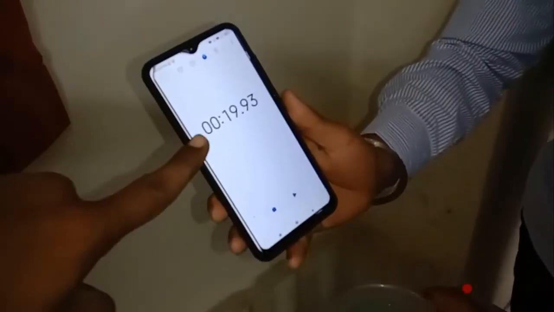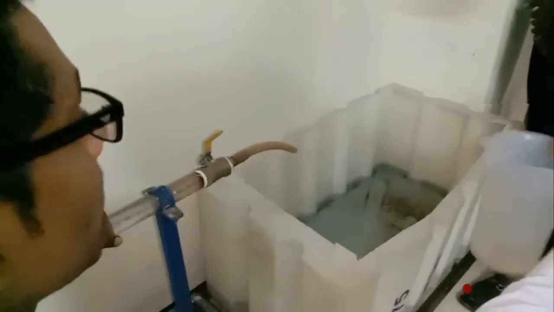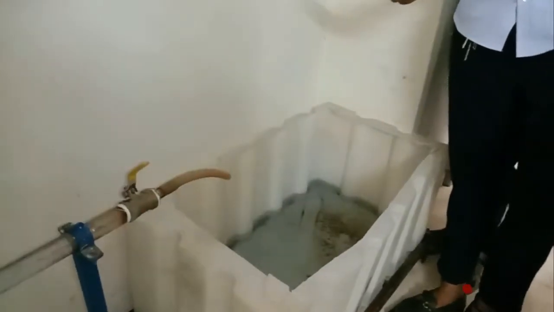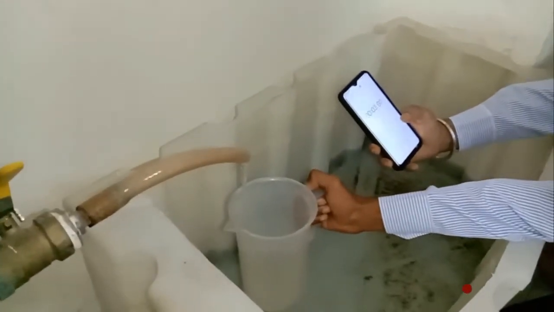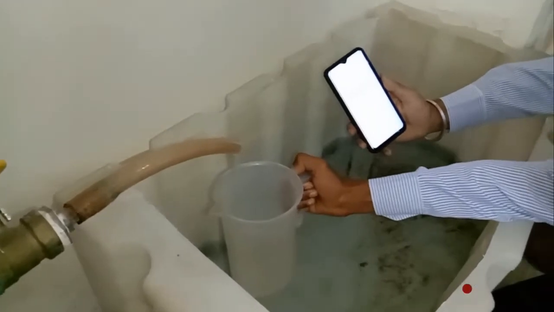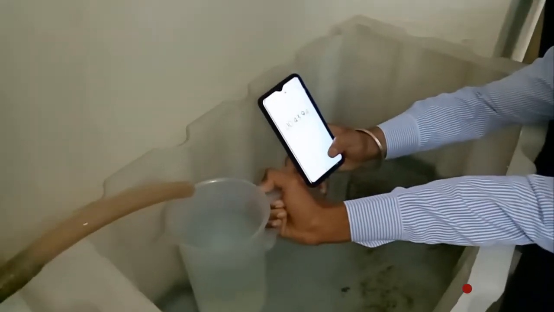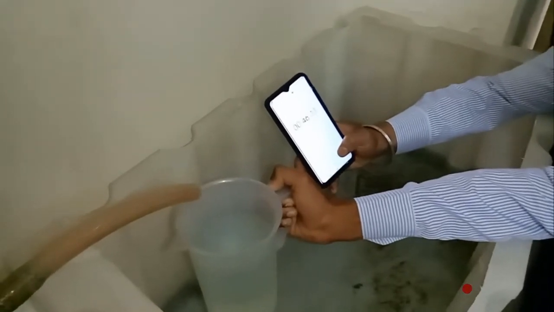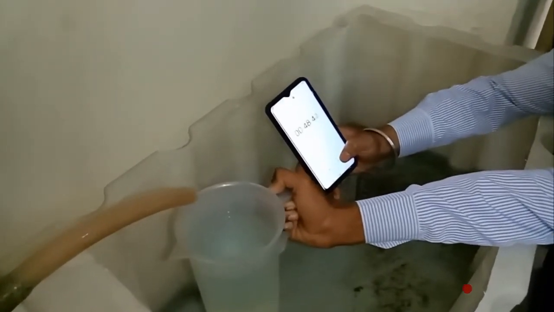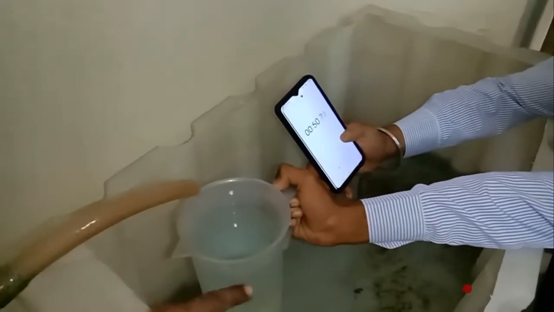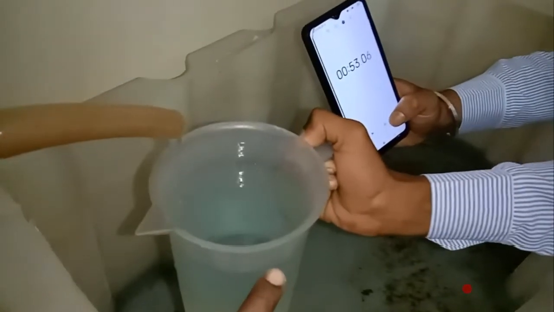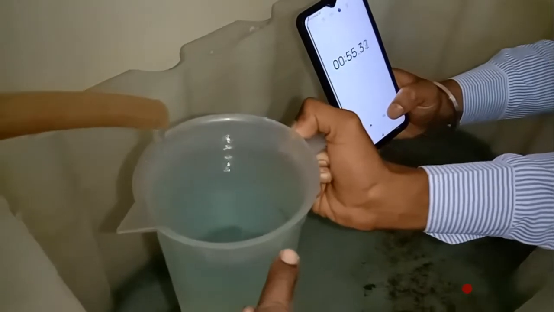Yes. Now the time here is 19.93. Now we have adjusted the flow in this way. For this flow, we take the reading. Here you see, this is the 1000 cc level.